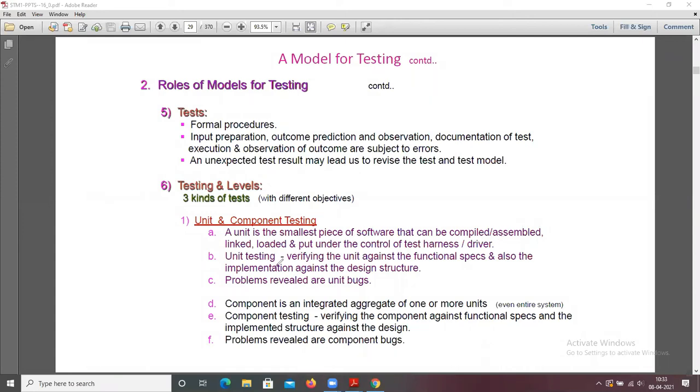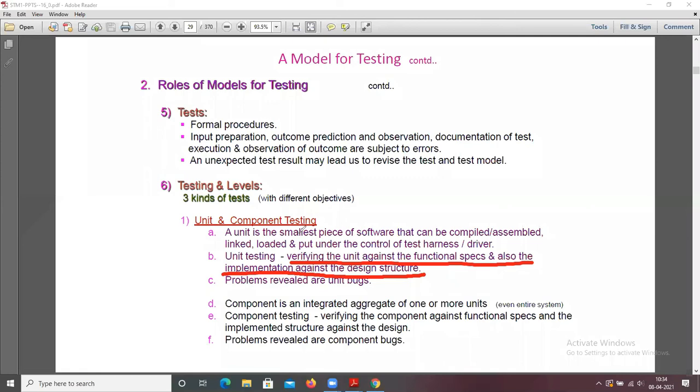Now, unit testing means verifying the unit against the functional specification and also the implementation against the design structure. That means unit testing is nothing but you are going to verify the functional specification of the module.